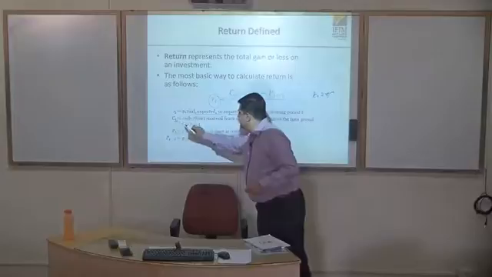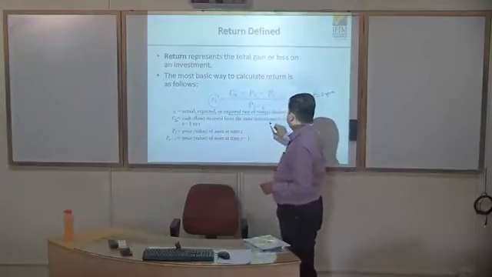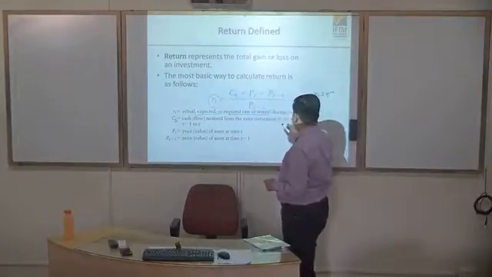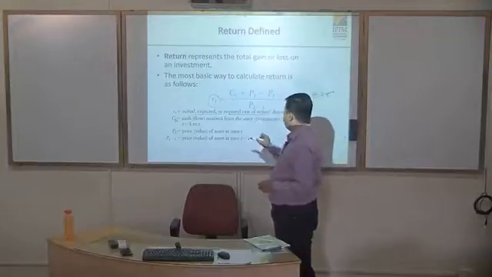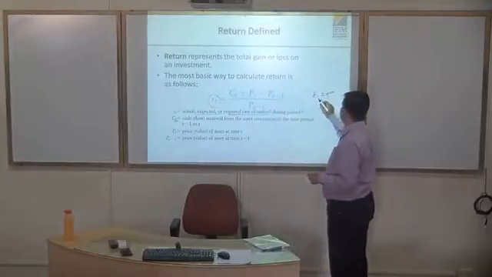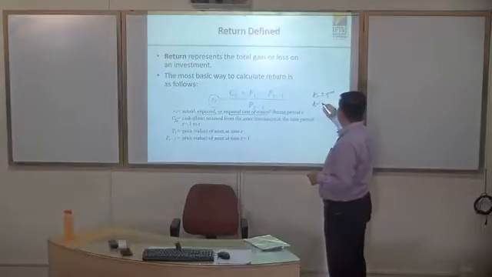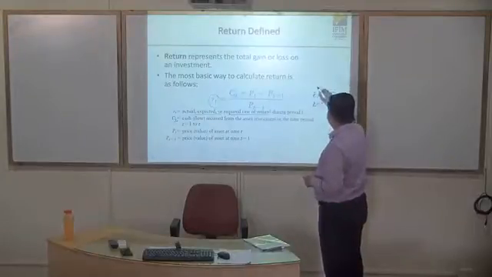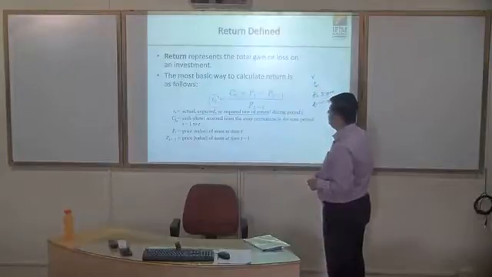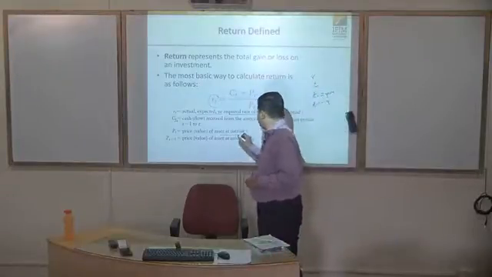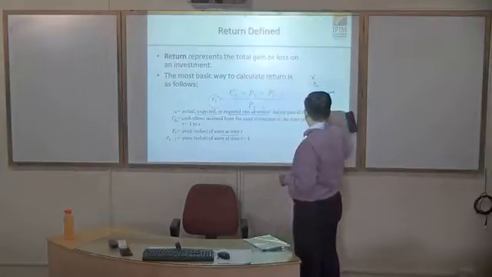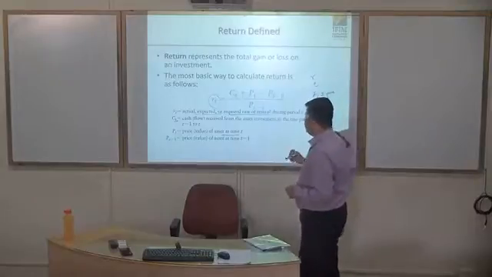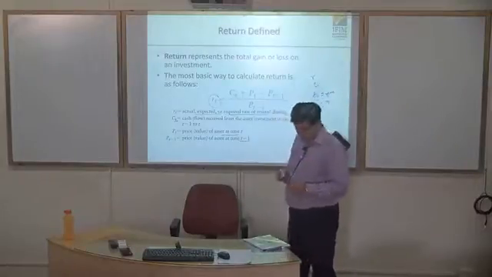CT stands for cash received from the asset or asset investments in the time period T-1 to T, in the last 1 year or so. T-1 is 1 year, T equals 2 years. So you have that ascertained, R is all done. PT is the price value of an asset at the time T, and PT-1 is the price value of the asset at time T-1.